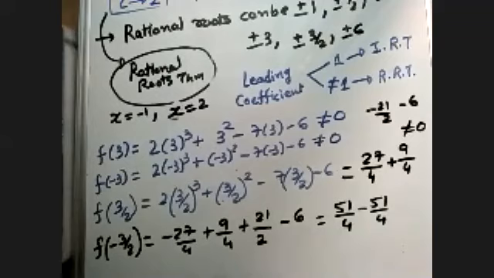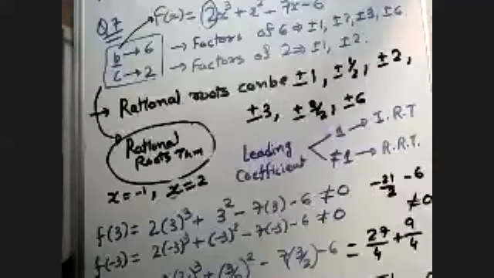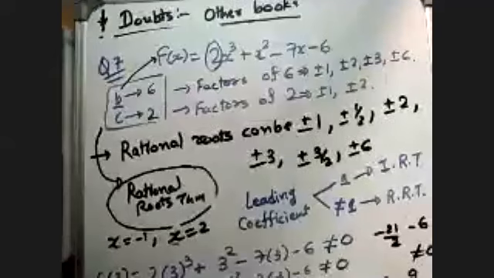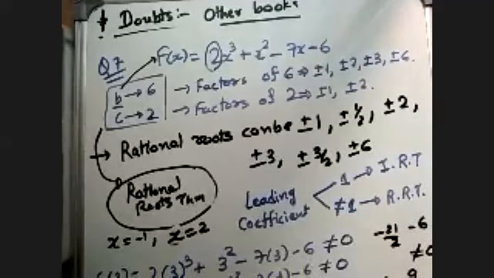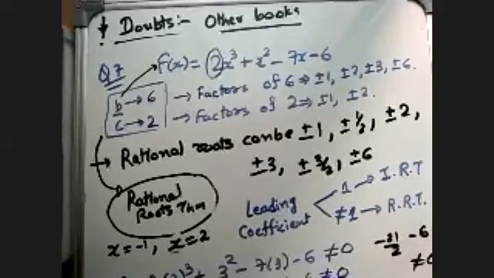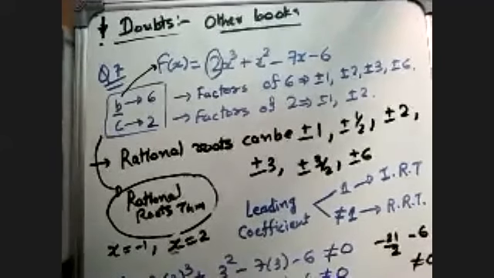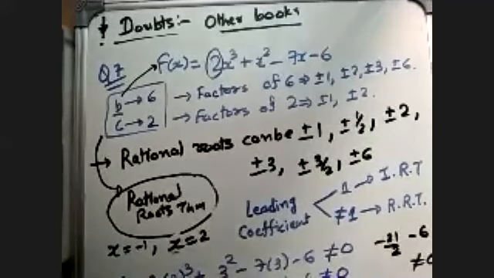I am repeating this question once again. So in this question only, in this repetition only, you will get repetition of rational roots theorem also. Then we can start our in-class exercise and homework. So here in question 7, they are asking that from rational roots theorem, find all the roots of this polynomial. Now how we will find that?